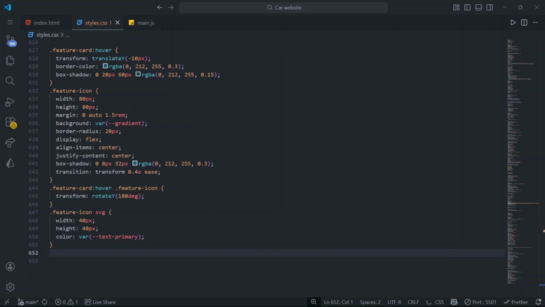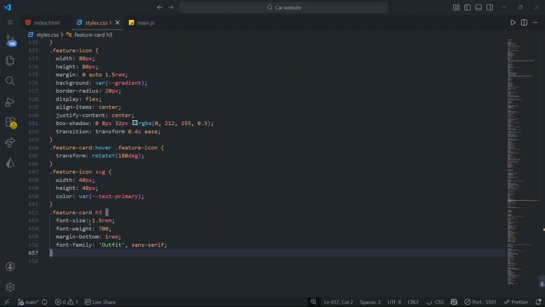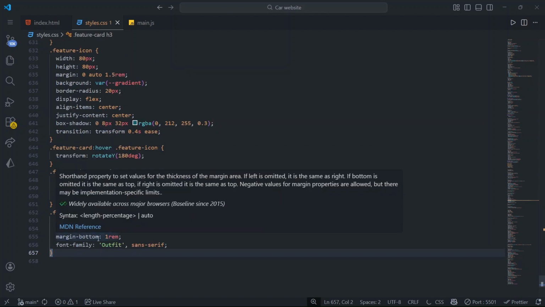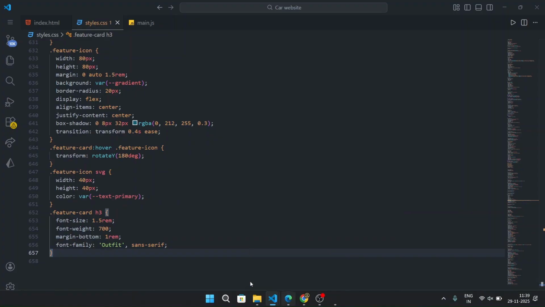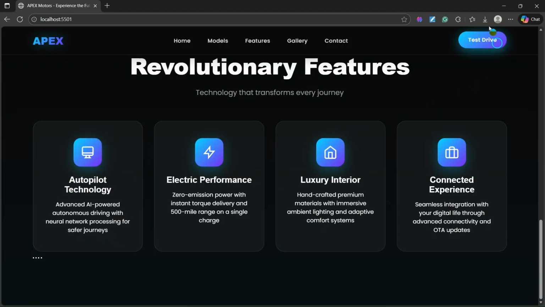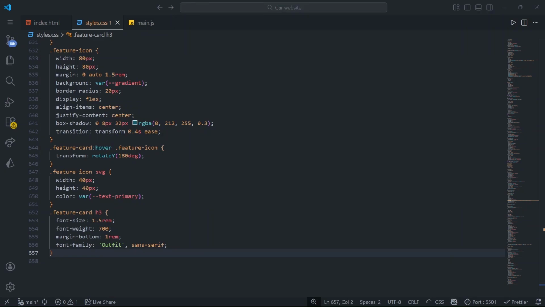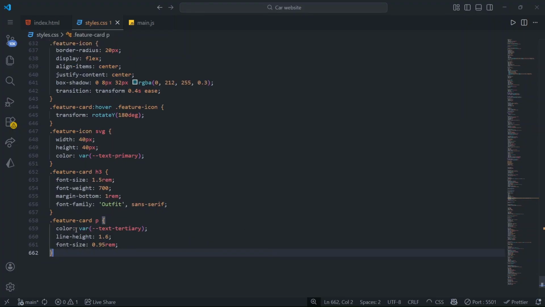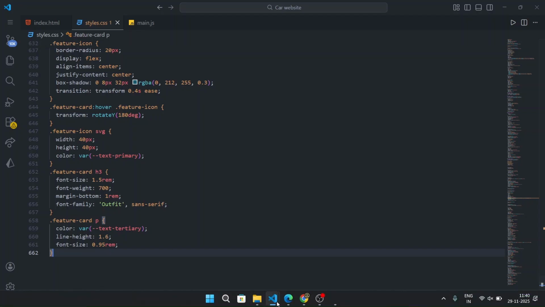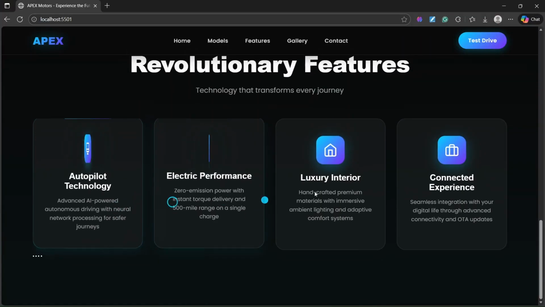See, now we can style the h3 tag. So the font size, the margin bottom, font family, you can see that. And for the paragraph, as we did for the heading, we have also changed the color, line height, and the font size. See,